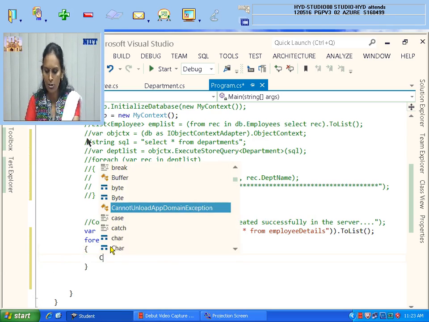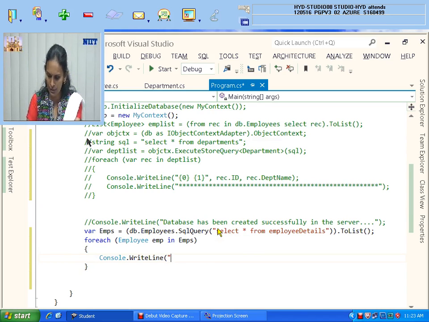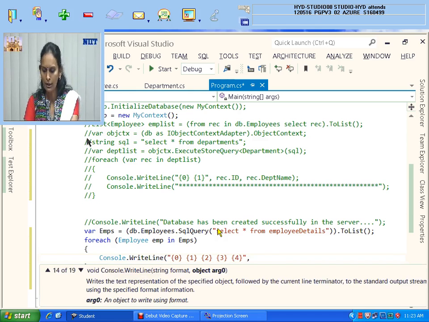Now Console.WriteLine, one column you display. How many columns do we have? See, how many columns? 1, 2, 3, 4, 5. So 4 times I am going to give, 0, 1, 2, 3, 4, because I have given 5 columns like that. So how will you do it?